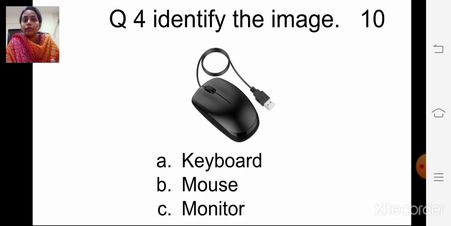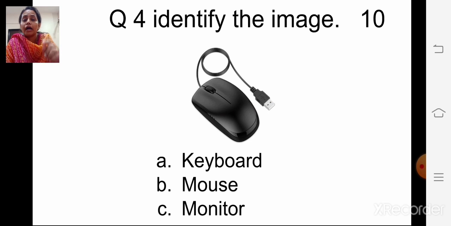Okay, now next question number 4 will be identify the image. Identify the image will be for 10 marks. It will be for 10 marks. There will be image. 5 questions will be there in this question number 4, sub question 5.